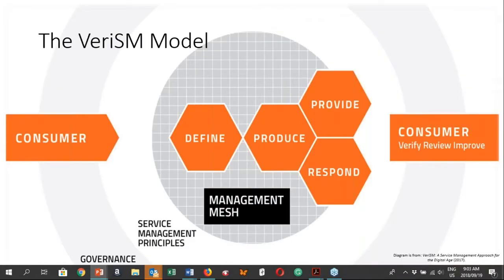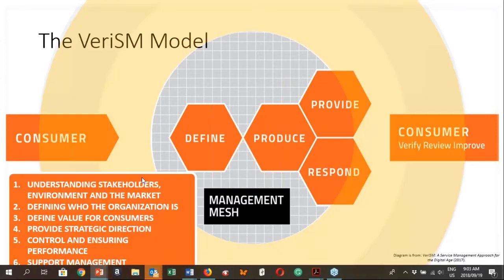In the previous session, we talked about this middle part, the management mesh, and how the mesh helps us define, produce, provide, and respond or support products and services. But today the focus is on governance and the principles, as these two elements are the input into the management mesh and everything that we do within the organization.